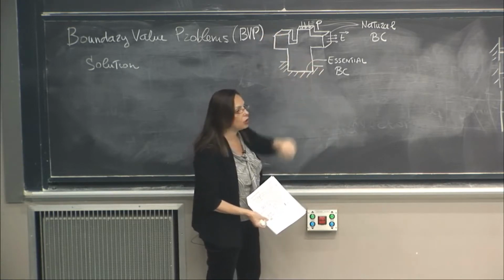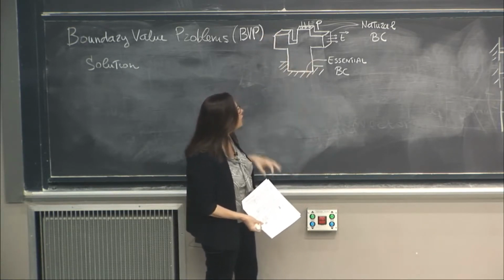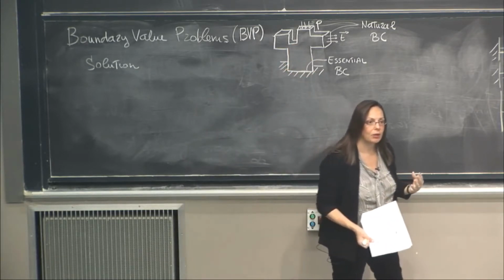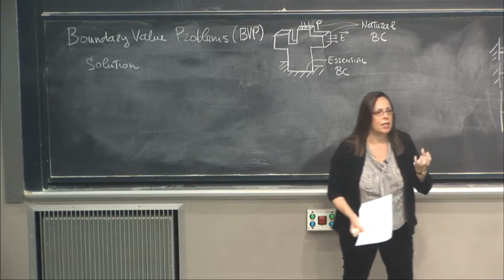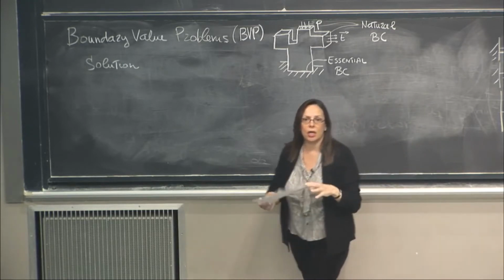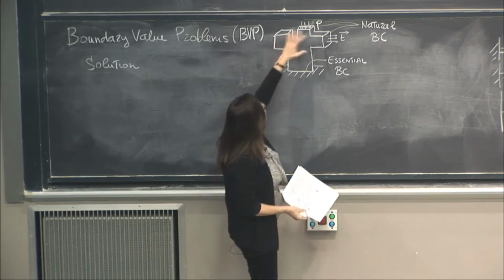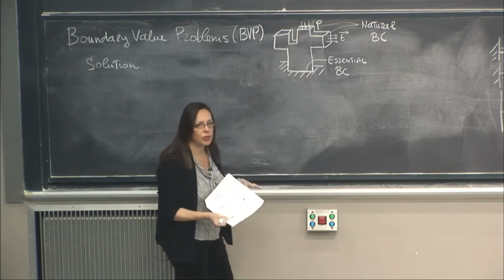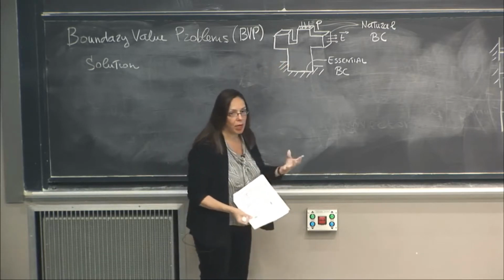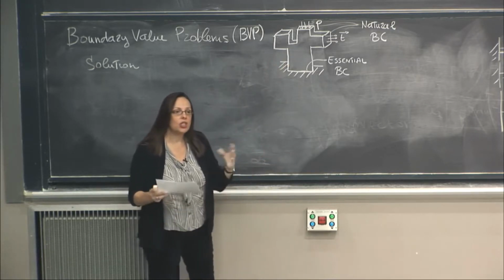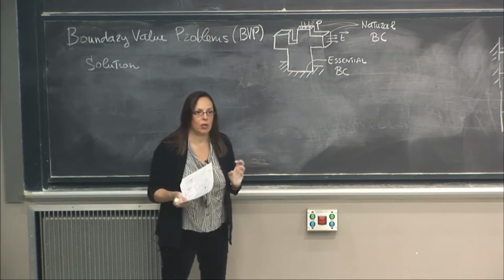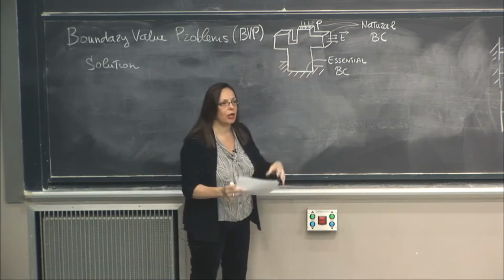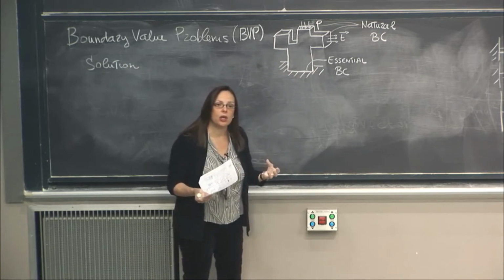So this boundary condition on displacement, we call them the essential boundary condition. The boundary condition on the load, we call them the natural boundary condition. But essentially, the idea is that for your structure, in general, you would know what are the boundary conditions on the surface of the structure. You may also have some body loads, like gravity. But in general, you have a problem in which you know a bunch of things about how the structure is constrained and how it is loaded, and you want